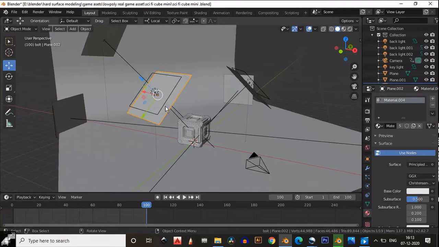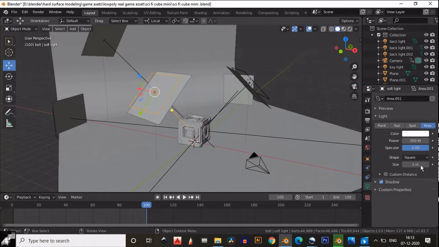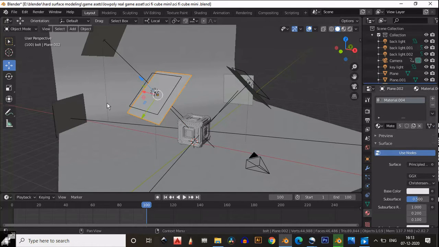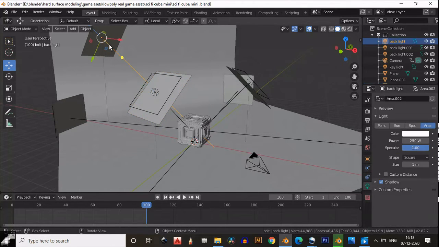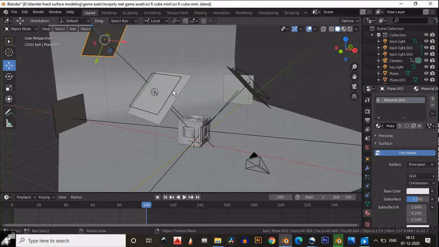Okay, and this is my second light, which is the soft light, and its intensity is less than our key light. If I click on the light, you can see its intensity is 300 and it is a soft light. This is the backlight, and backlights do the job of separating your object from its background.